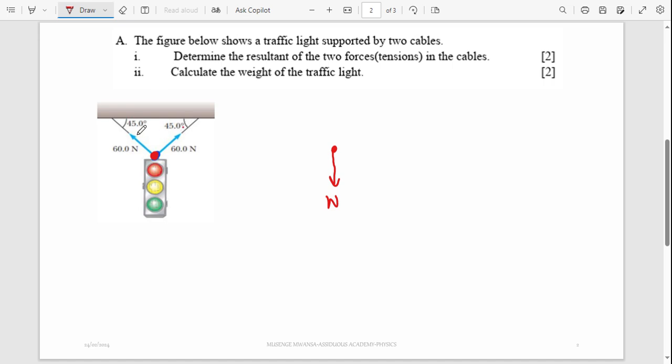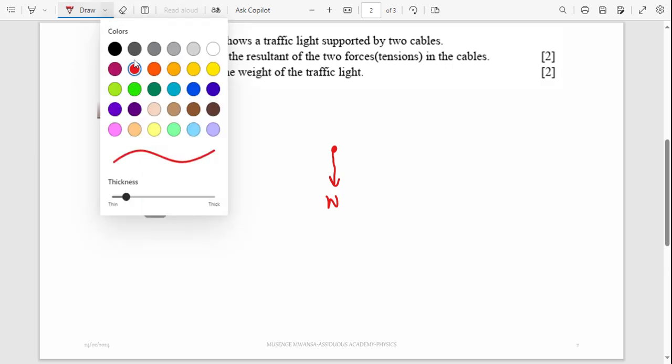We also have, let me call this tension 1. There's going to be tension in this cable. The force found in a cable is tension. And in this cable also there's going to be tension, so that is going to be tension 2. Now, for this other cable here,